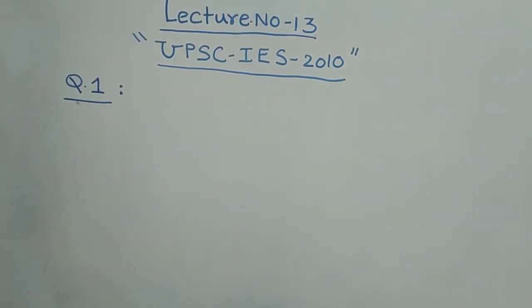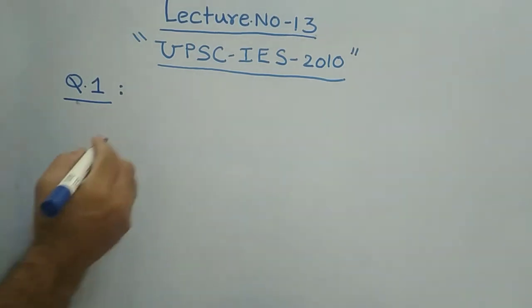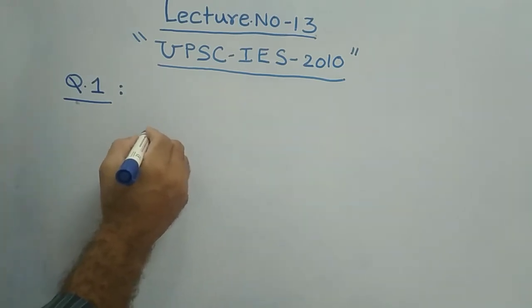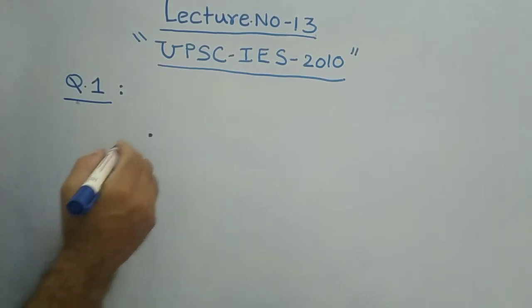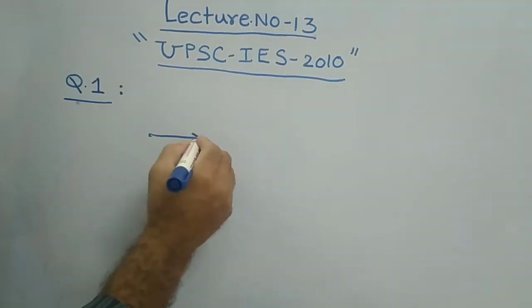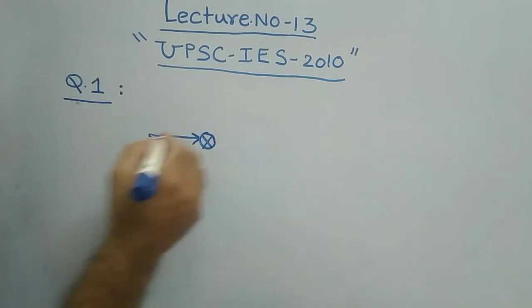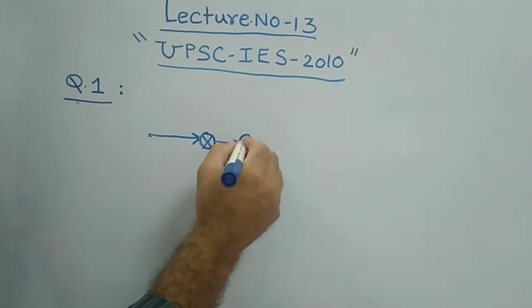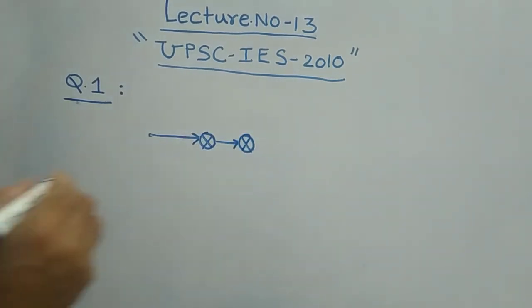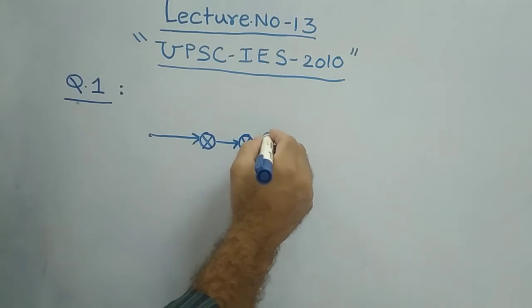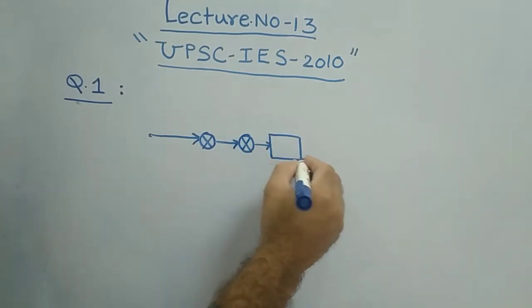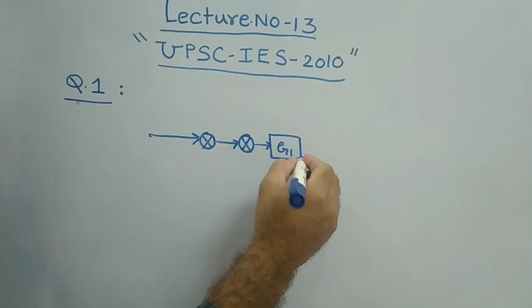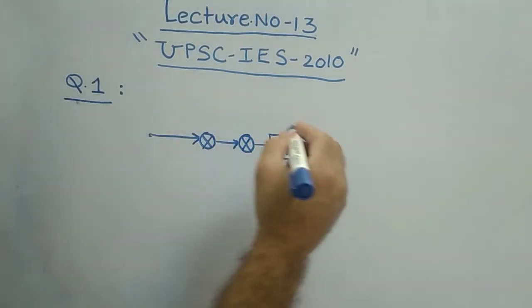For the given block diagram, this is R of S. Basically you have a summer point followed by another summer point followed by gain G1 followed by